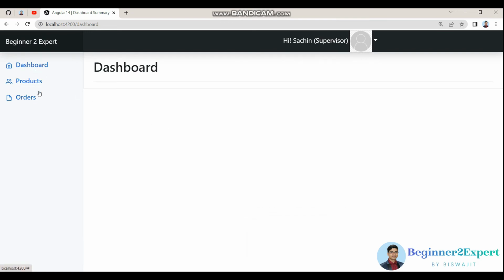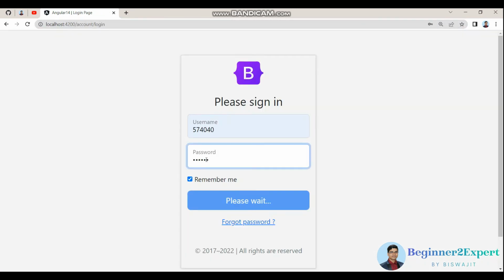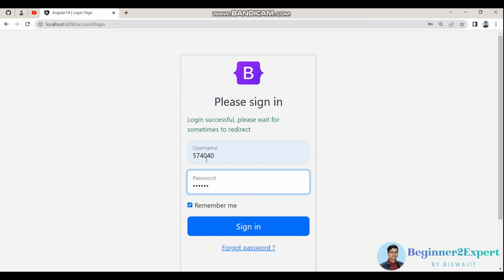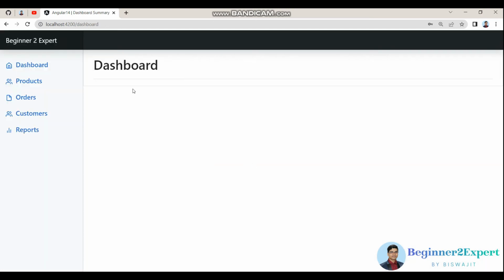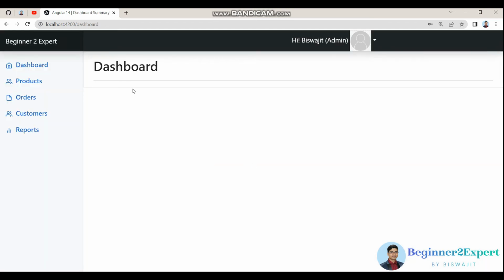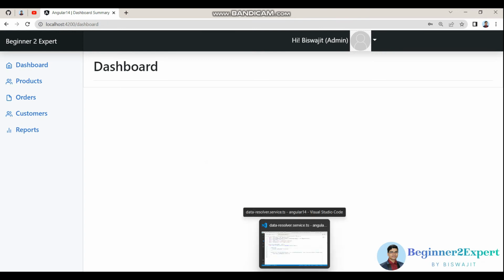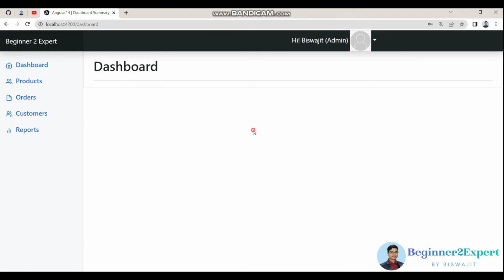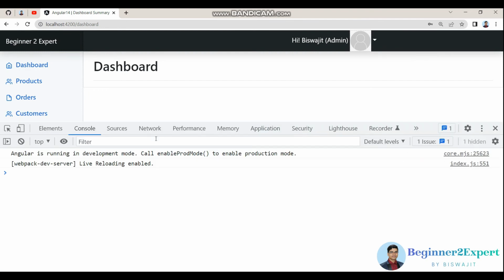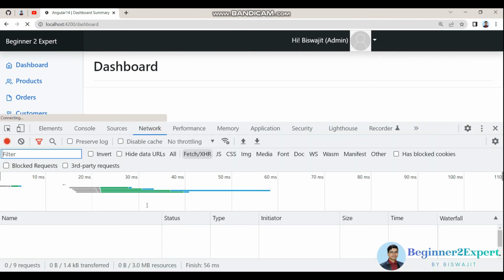You can see our custom directive logic is working properly. Now if I check with admin credentials, it is working as expected. So this way we can overcome the part 9 problem. Now open the console, and if I do a refresh,